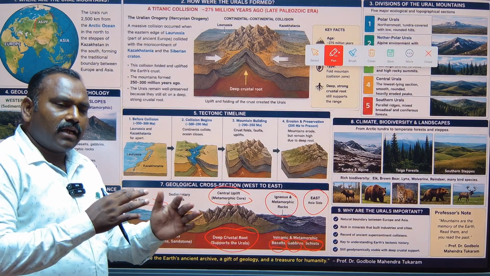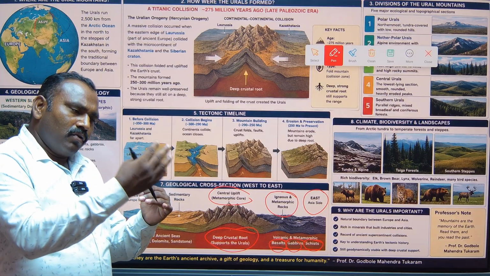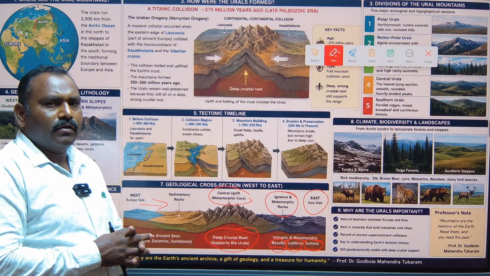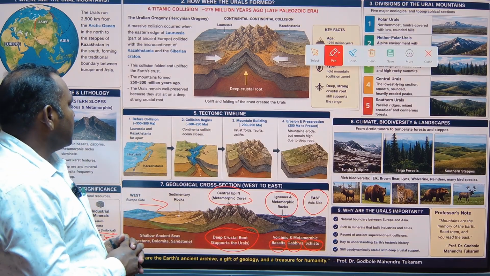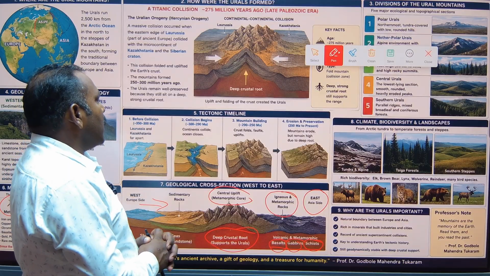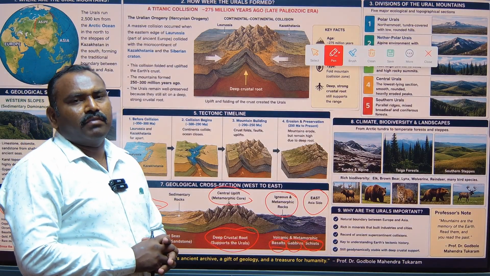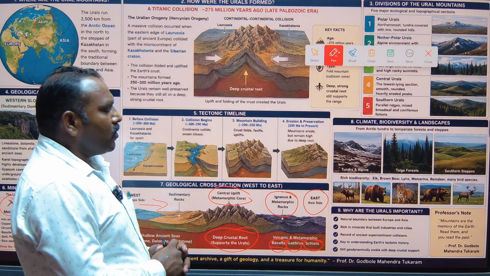So Kazakhstan and Laurasia, as the older Europe, were distantly located. But what happens in the next stage, as the collision begins, approximately 300 million years to